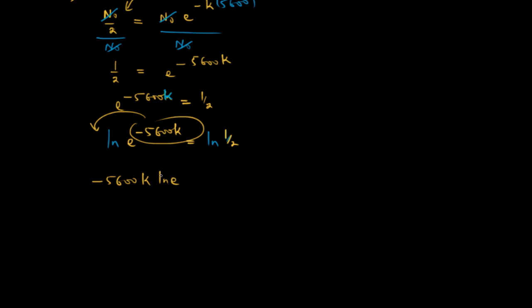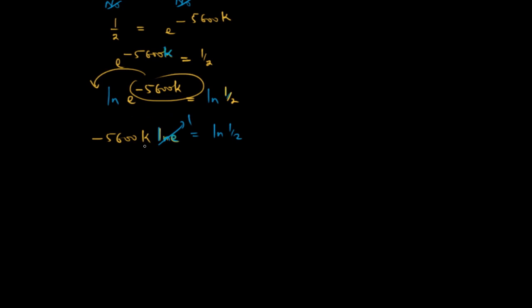the ln of e equals the ln of half. So the ln of e becomes 1, which we already know the reason why. So to find k, this becomes negative 5,600k equals the ln of half. To find k, we divide both sides by negative 5,600. So this goes off, and you have k equal to the ln of half divided by negative 5,600, we're going to have